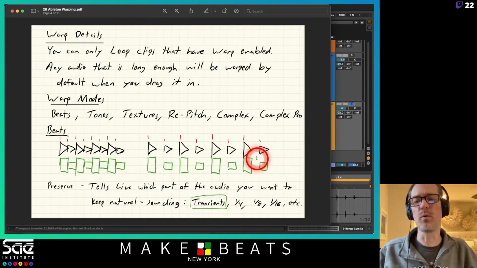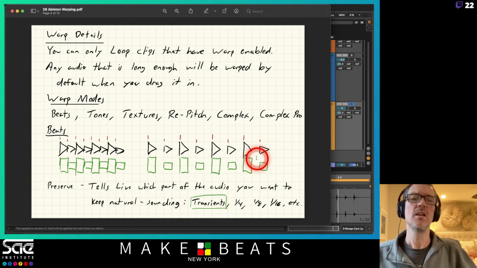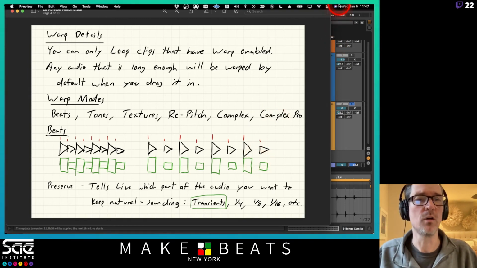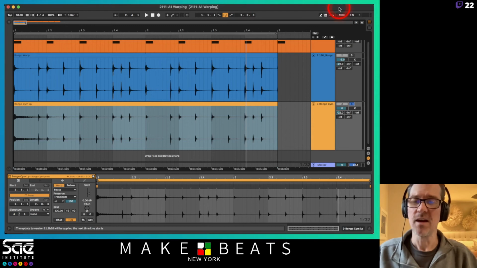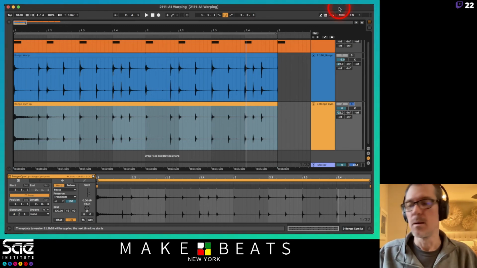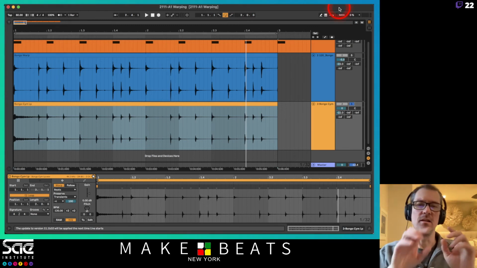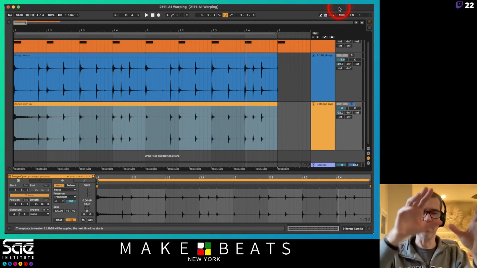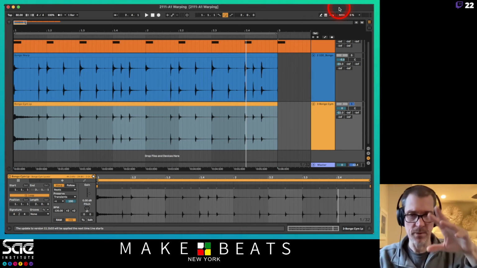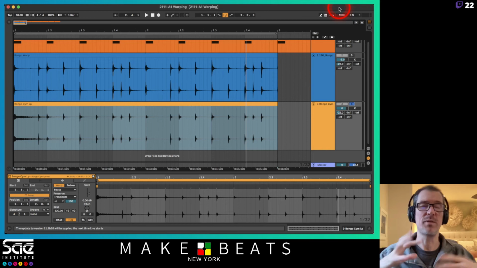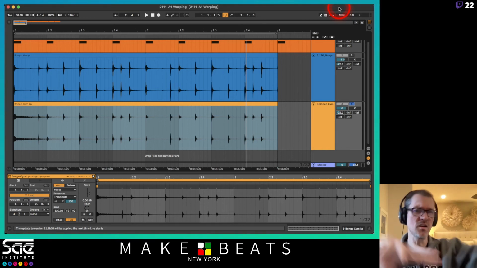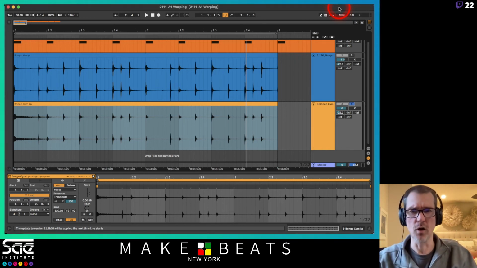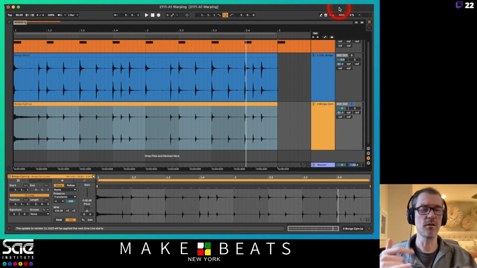So what's the whole point of this? The whole point is that you can use this beats mode for all sorts of stuff, not just drums, as long as the sounds do not overlap. Okay, so it's not great for pianos that are playing fast, flowing runs of notes. It's not good for that. It's not good for guitars that are going